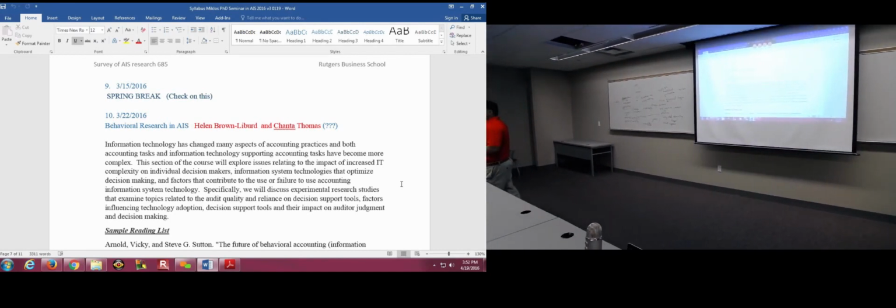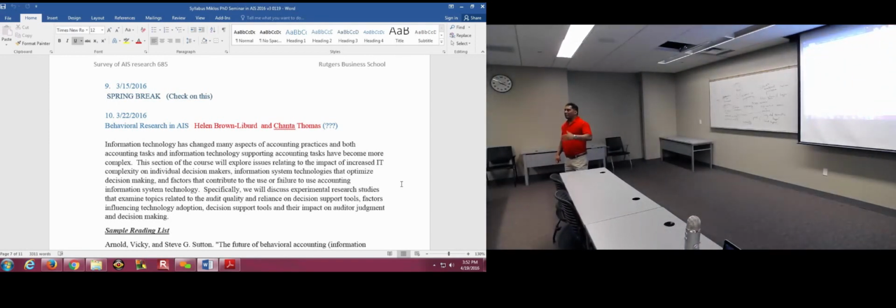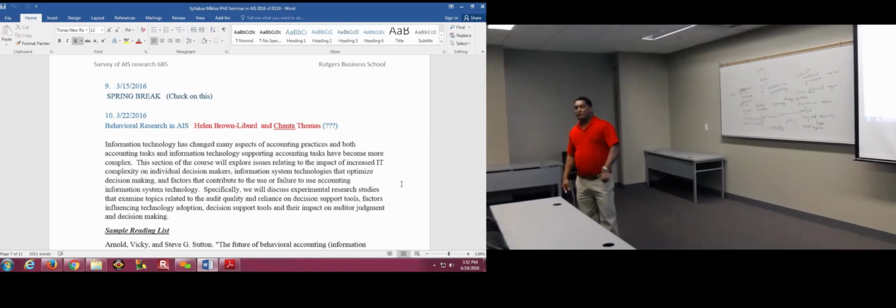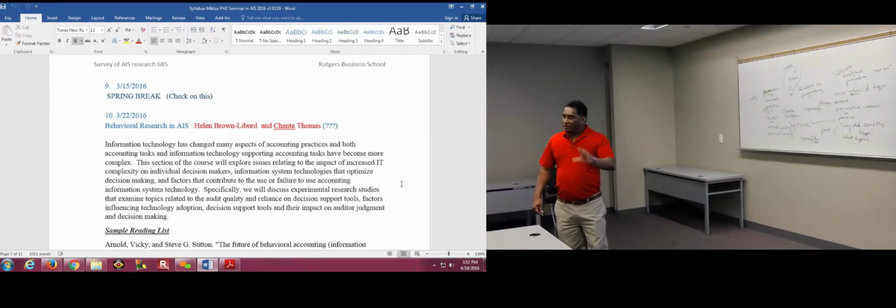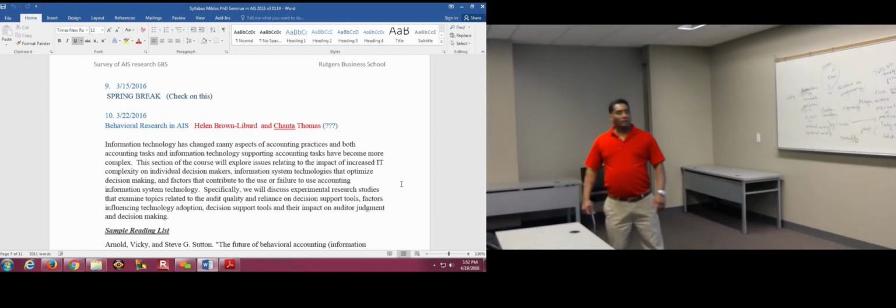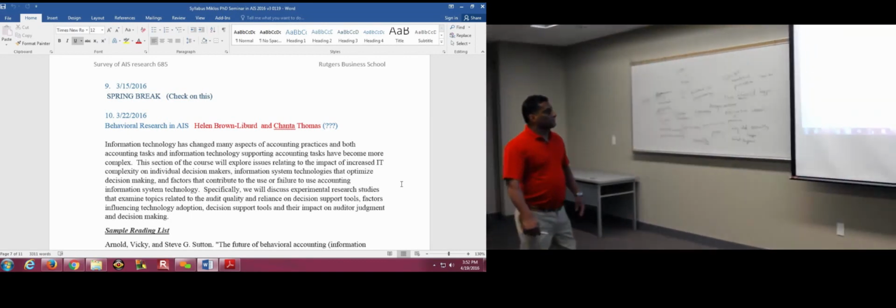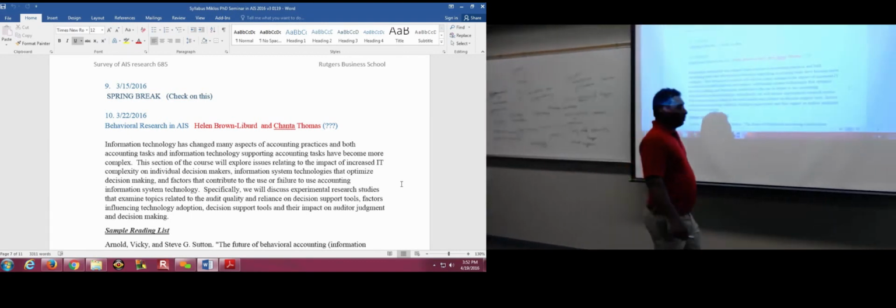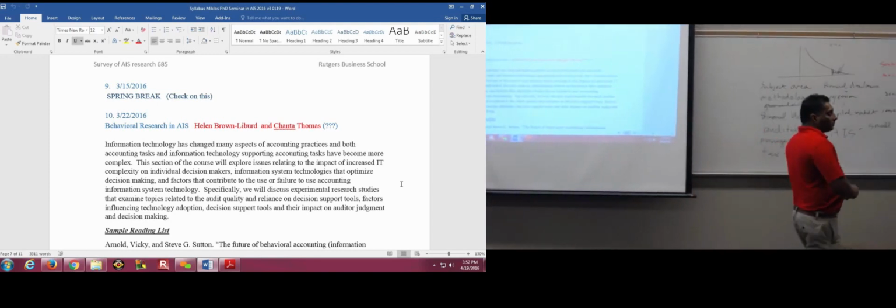Another very large field in that is experimental research, where they bring auditors into some experimental setting, give them some variation in audit procedure, and see what happens. A lot of people have done dissertations at Rutgers using that, and Helen and Shanta are people who specialize in doing experimental research. So that's what she actually does. But since she came to Rutgers, she has been focused a little bit more on the AIS part.